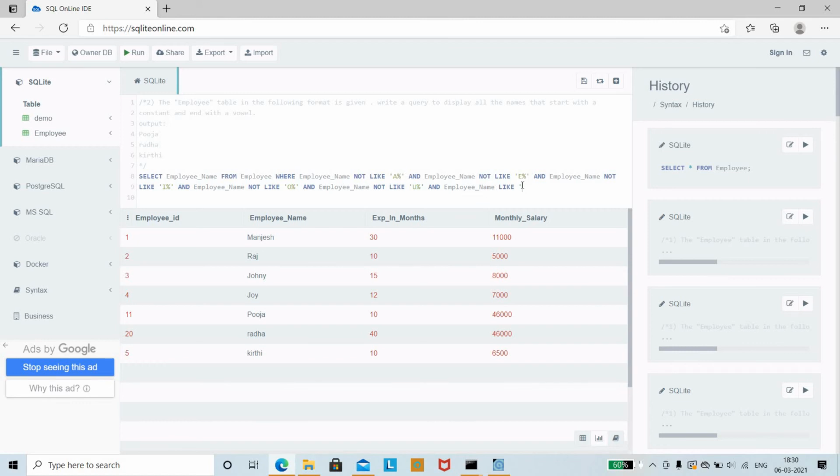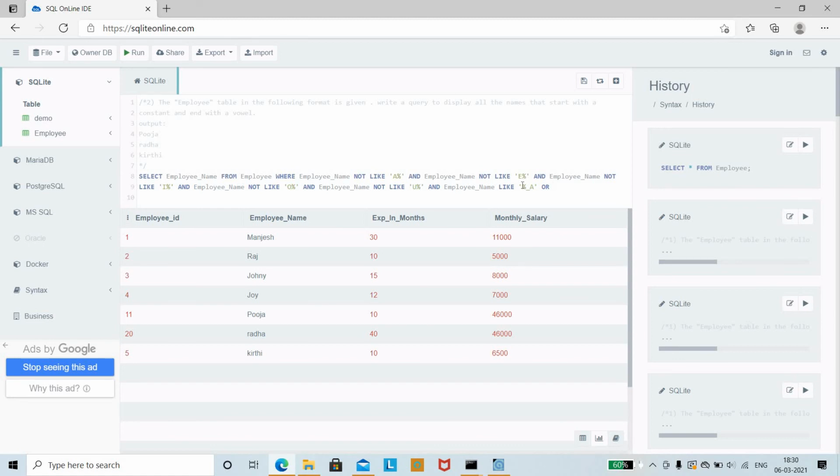You are ending it with the vowel, so percentage followed by underscore followed by A. After that you are going to use an or clause, since the ending can be either A, E, I, O, U.